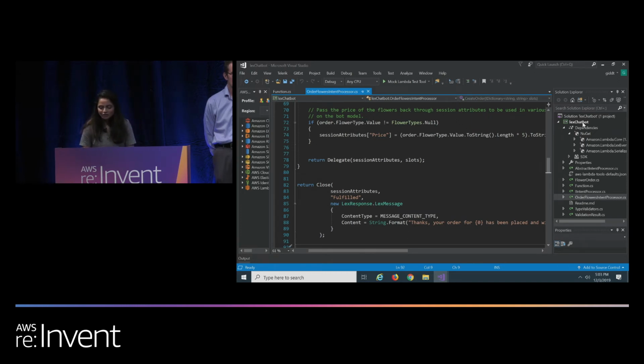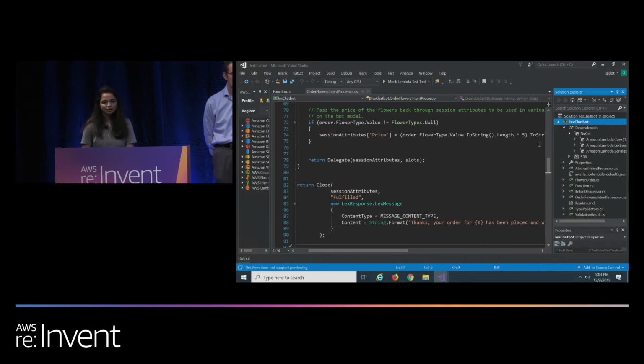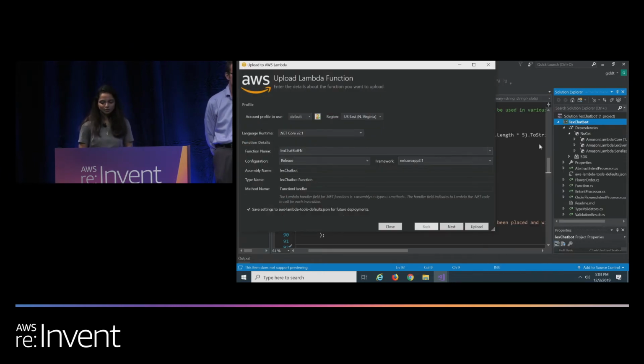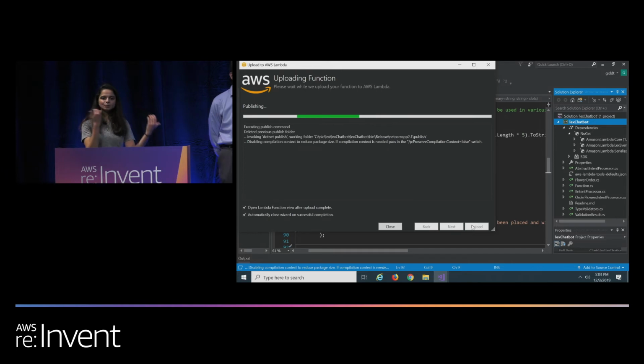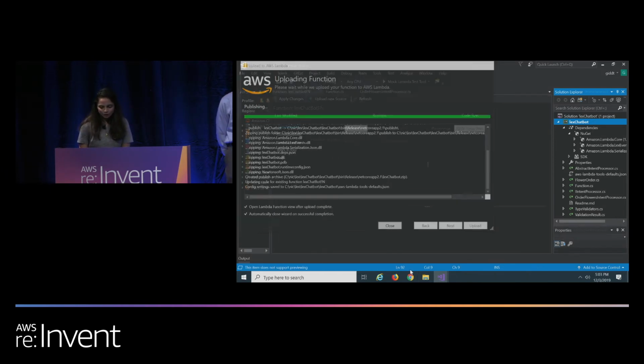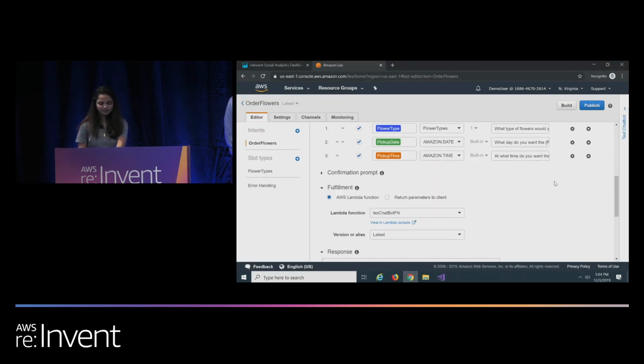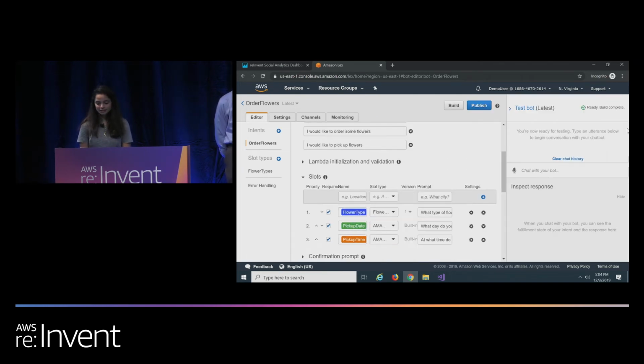And then once you have your Lambda function, you just right-click and publish to AWS Lambda. Once you publish to AWS Lambda, you select the region, and function name and all those things and upload it. It gets uploaded into AWS. And once you upload it, you can start using your chatbot. So I've already given the fulfillment Lambda. I've chosen that Lambda function, and I've built this chatbot, so you can test it here.